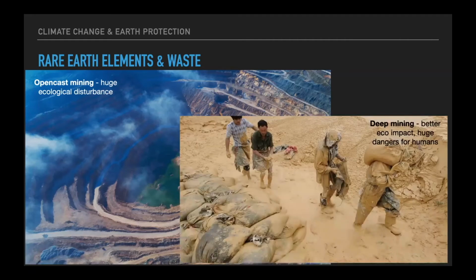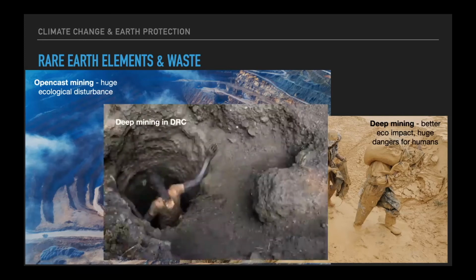The alternative is to do something called deep mining, where you're not clearing out as much space. You're not destroying as much ecologically, but you are then putting a huge tax on human lives. So you're making smaller mine shafts, you're using smaller areas, which means that you're relying more on human labor. And so in the DRC in particular, as well as in China, these are incredibly dangerous jobs where you're exposed to hard metals. There's a high incidence of cancer, there's a high death rate. And it gets really ugly when you talk about local politics. These are not fair trade. These are not unionized workers.